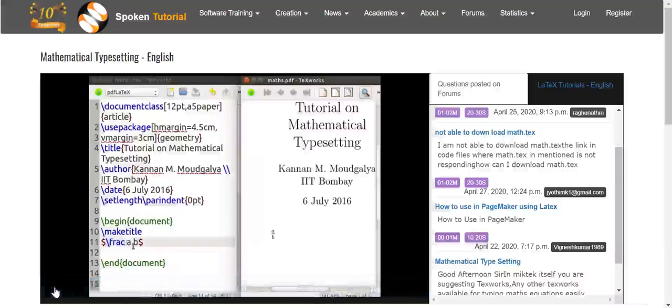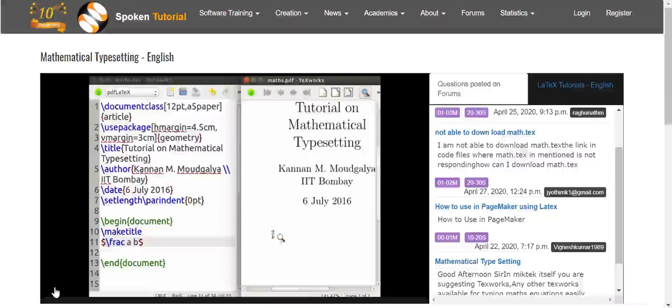It looks for two arguments. The first character A is taken as the first argument. It becomes the numerator. The second character B is taken as the second argument. It becomes the denominator. Notice that the size of A and B gets reduced automatically.